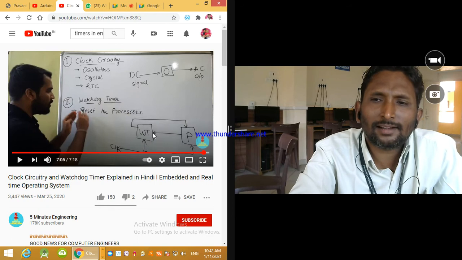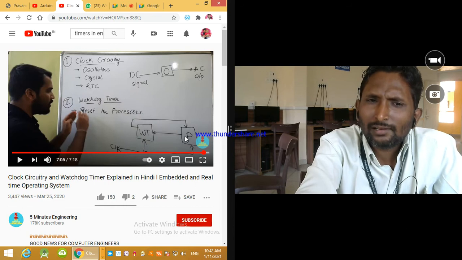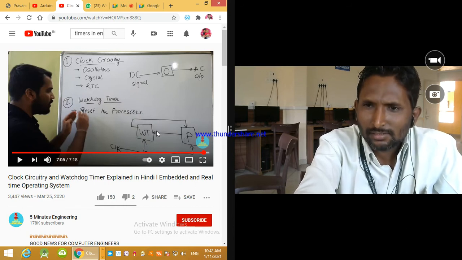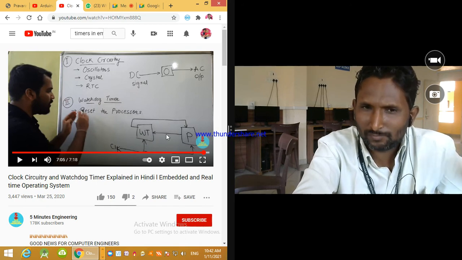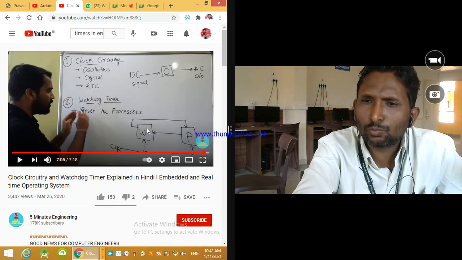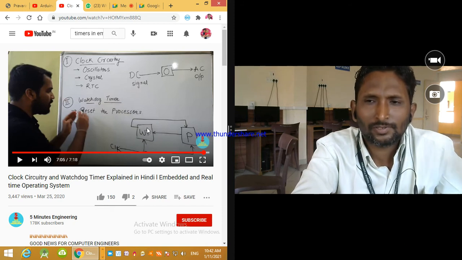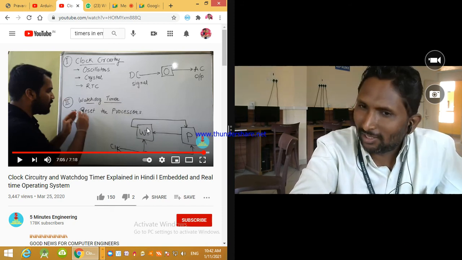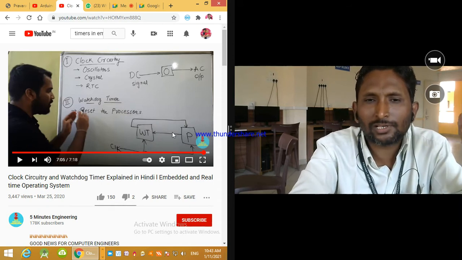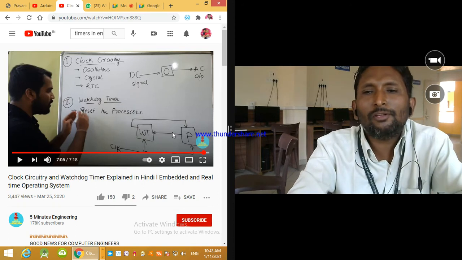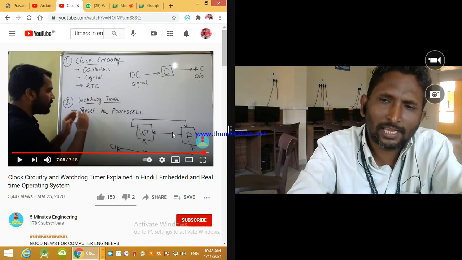Now understand what exactly happens. What is the role of the watchdog timer? For example, this processor is continuously sending some signals to this watchdog timer. The watchdog timer observes and inspects the signals and does not perform anything. It keeps a record of everything, because if the signals from the processor come continuously as per the previously defined scenario, the watchdog timer just observes and keeps the record.